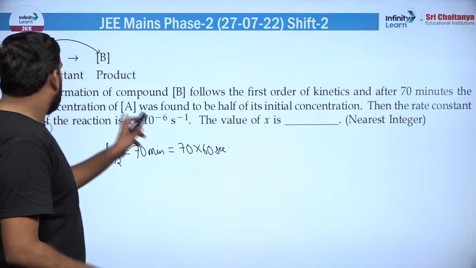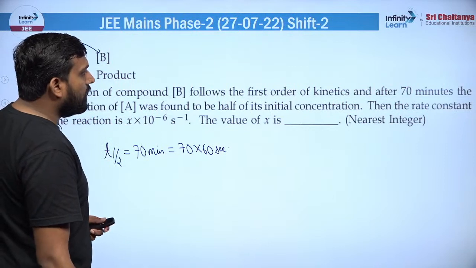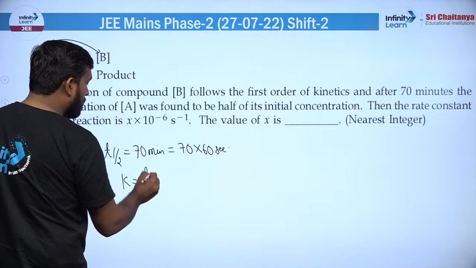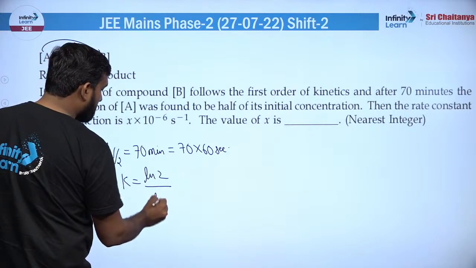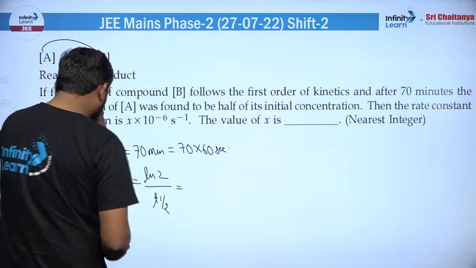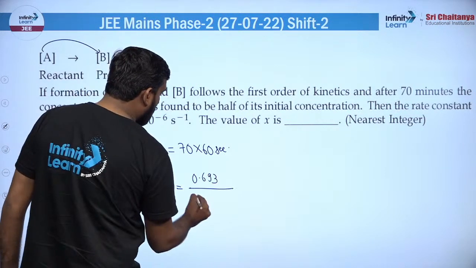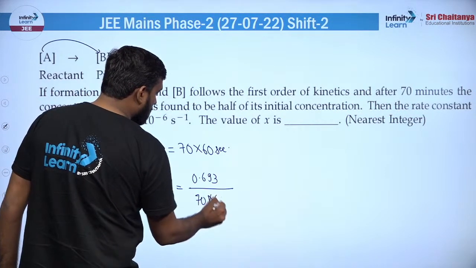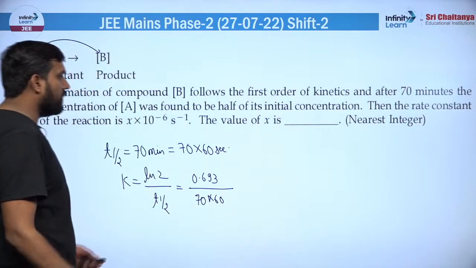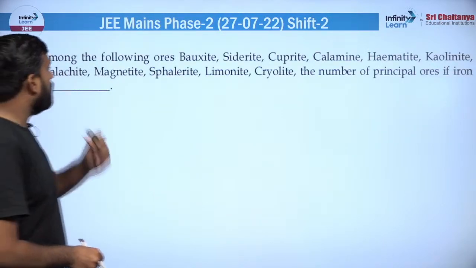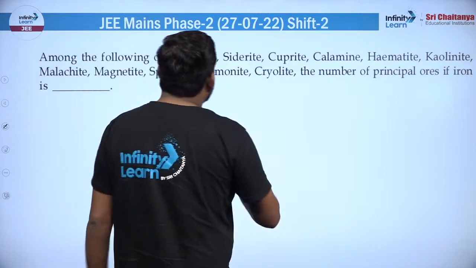उसके बाद क्या है क्वेश्चन में, द रेट कांस्टेंट ऑफ द रिएक्शन, k आपसे पूछा गया, तो k क्या होता है, ln 2 बाई t half, ठीक है, रख दो फॉर्मूले में वैल्यू, तो ये हो जाएगा 0.693 अपॉन 70 इंटू 60, बस यही है क्वेश्चन, ठीक है। सॉल्व कर लेना, मैच करा लेना।